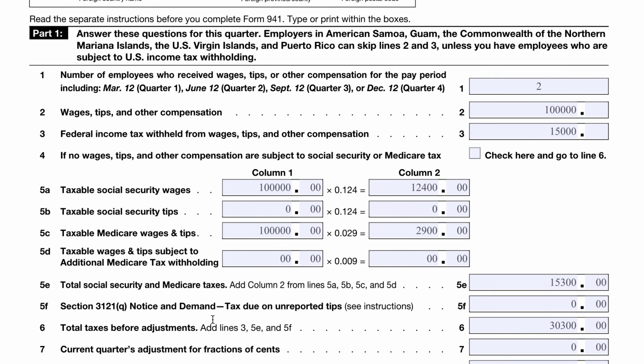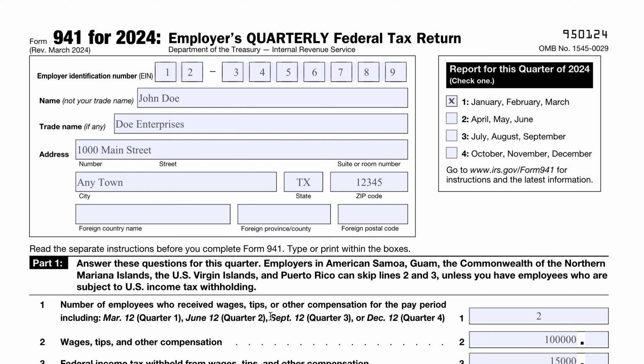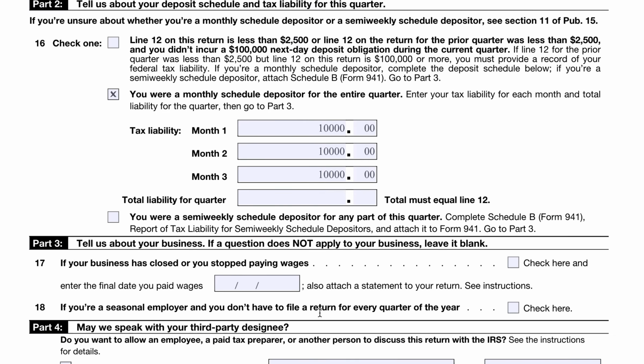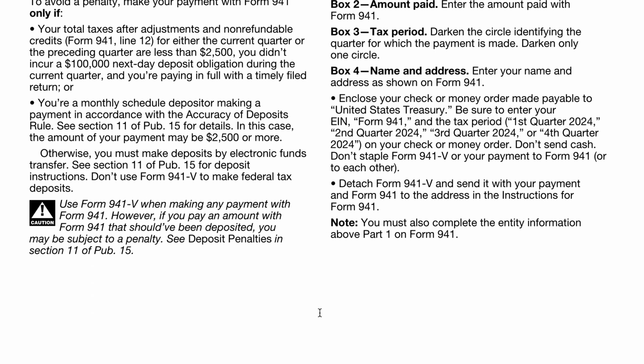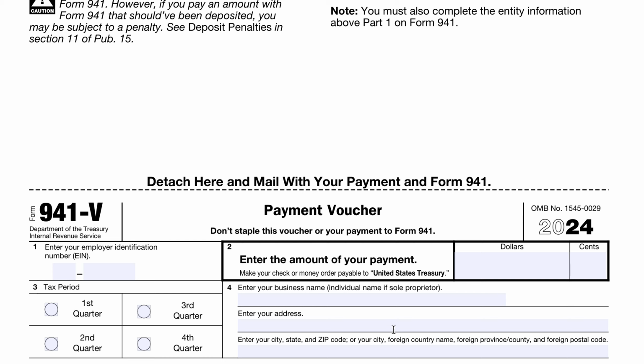So let me scroll back up to the top. There are some considerations about how to pay tax due. IRS Form 941 actually contains a voucher, 941-V, all the way in the back at the bottom in the instructions. This is fairly straightforward. You would enter the EIN of the company, and then you would indicate, let's just say first quarter, and let's say that our line 14 ended up being $1,000. So then you would enter the name,